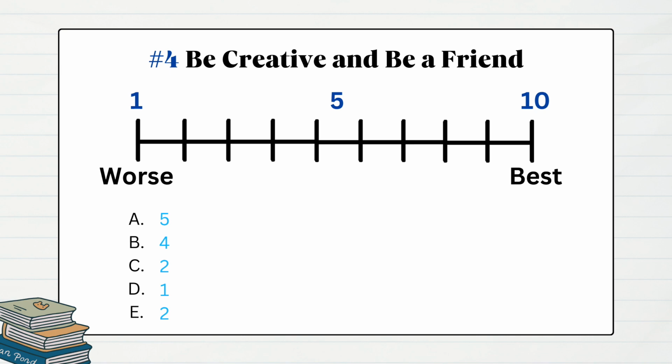Okay, with that said, let's say you're doing a problem and you go through the answers and you rank them as follows: A as a number 5, B as a number 4, C as number 2, D as a number 1, and E as 2. So C, D, and E are the worst, you cancel them out, and now you're down to A and B, which are very close to each other. And from there, you might have some trouble because they're so close. You think, oh, A is better, but it's barely better. And even though it's better, it's still a 5, which isn't too great. And then you're like, well, did I do something wrong? What's going on here? Is A really, in fact, the correct answer?